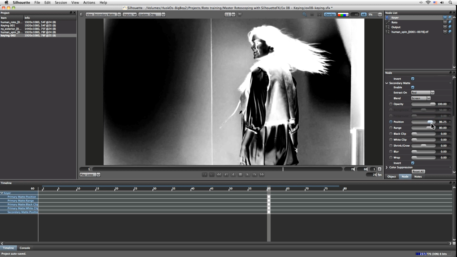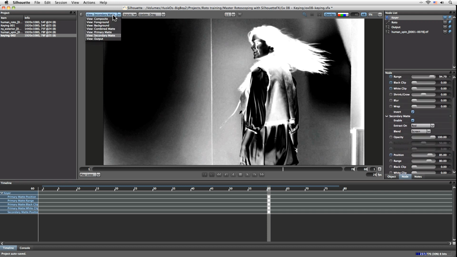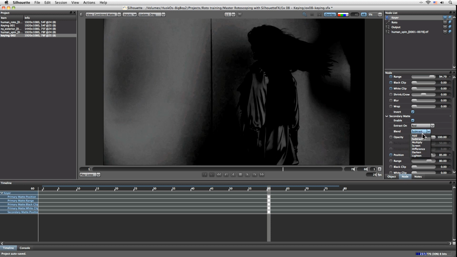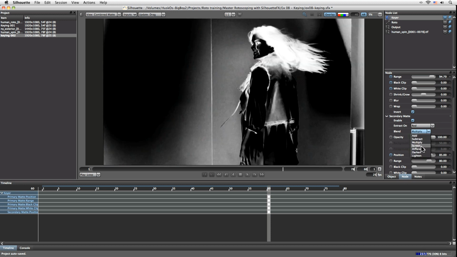And this is getting us a little bit closer as well, but again not close enough. So let's come to our combined matte here, and everything seems to be blowing out quite a bit. That's because our blend mode here is set to screen. So our matte now is always going to be lighter than either matte number 1 or matte number 2, our primary or secondary matte. But if we set this to some of the other ones, we can see that we are getting significantly different